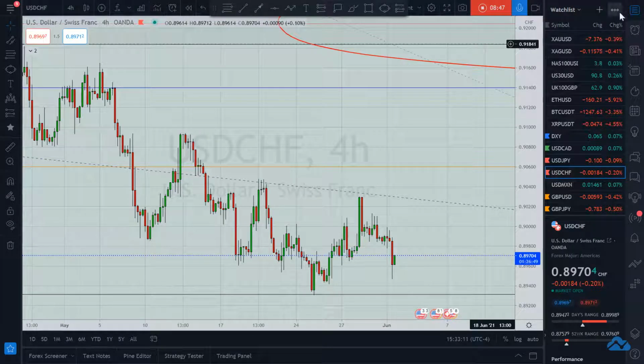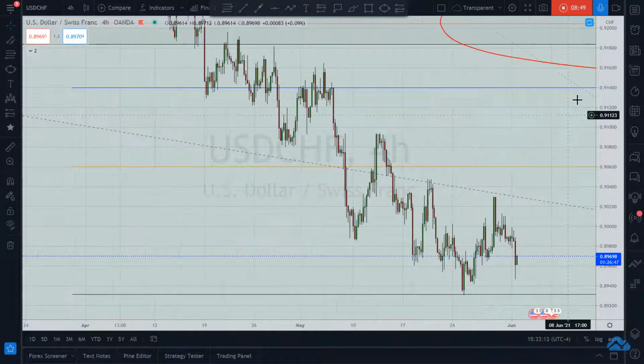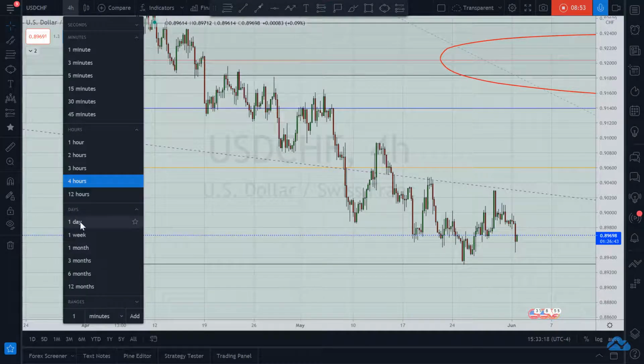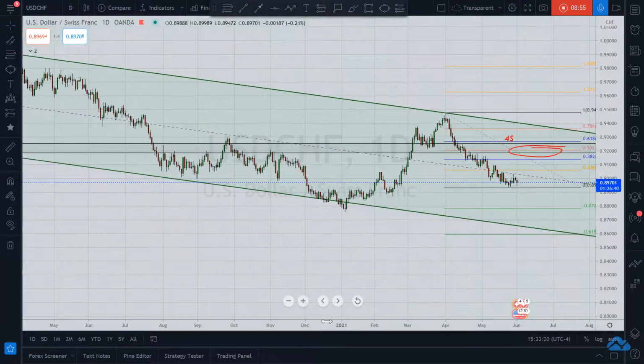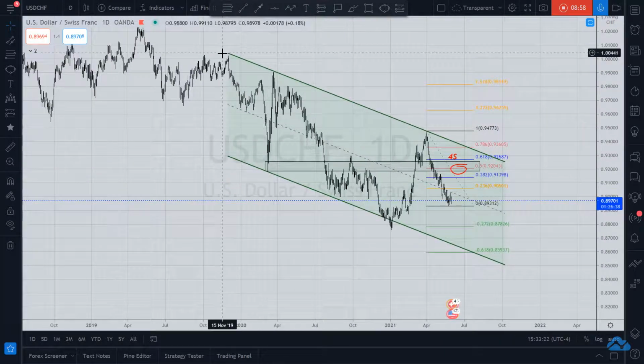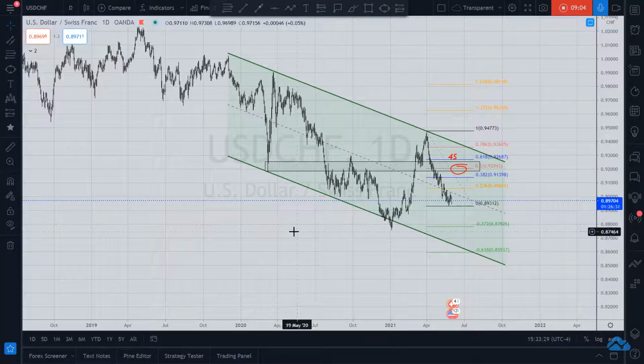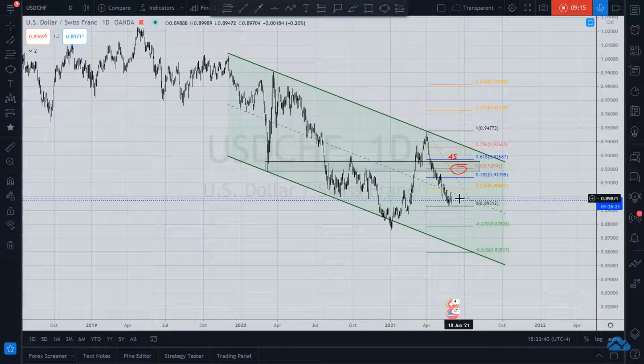All right, let's go to USD Swiss. We have an interesting situation here, because this is a descending channel. We have touches here, touches there, touches here, touches there. Maybe you want to consider that as a touch. You can, I guess. We did have a deviation down here, but then it came back into the trading range. Where are we at? Midpoint of the doggone channel, just like on its sister.